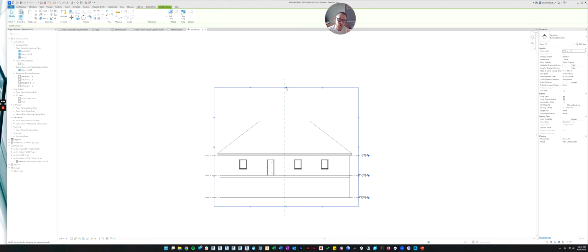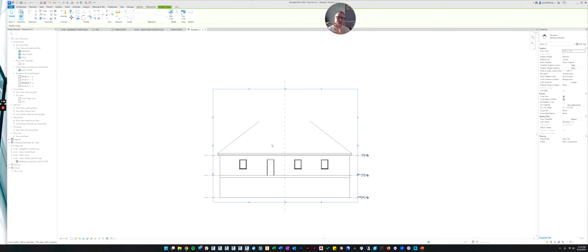In an elevation view, the same principles apply, but it's a little bit different. The crop region is cropping, in this case, the left and right, and the top and bottom are also being cropped by this crop region. Whereas in a floor plan, that was front and back, right? Because we were looking down, but now we're looking at the building. So this is what the view range used to control in the plan view, but in an elevation view, the height of the cropping is controlled by this crop box. So we've cropped the top and bottom, left and right, but now it leaves front to back of the view.